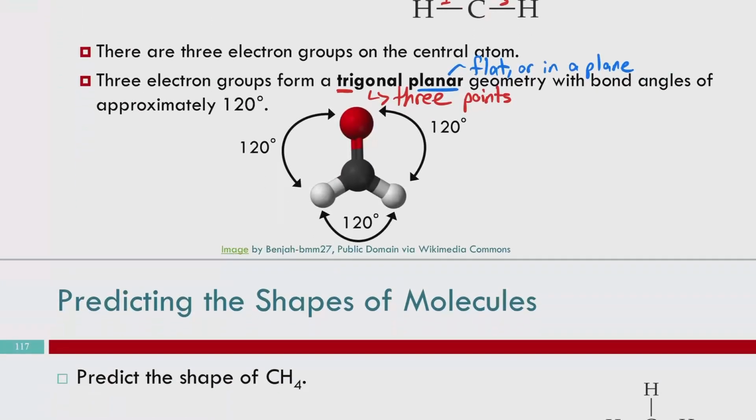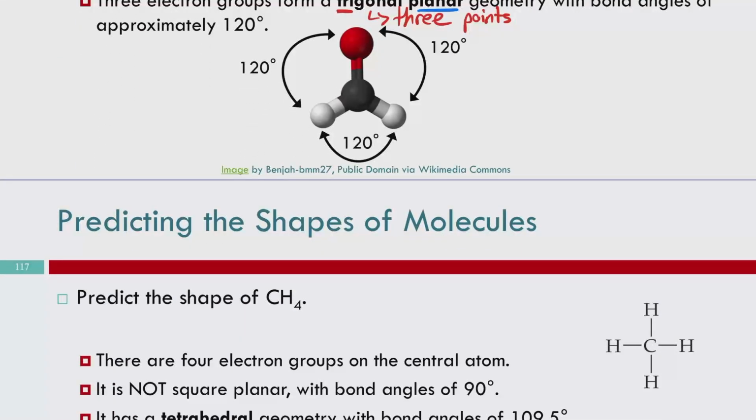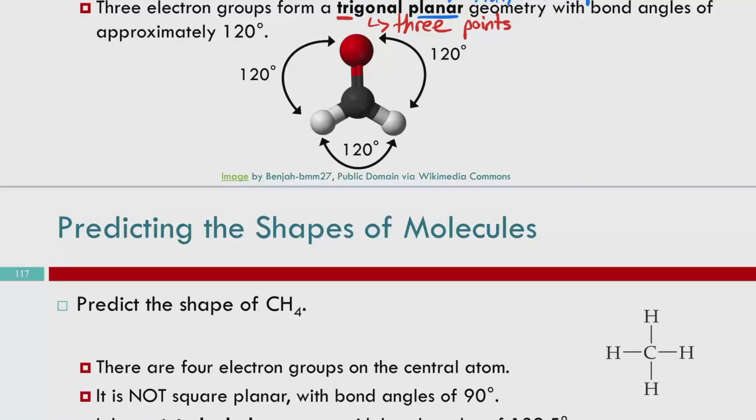Now, what happens if we add another one? So if we add another one, right, we've got carbon in the center here, and it's got 4 bonds on it. So you might expect to form this like X shape, which we would call square planar. However, we live in 3 dimensions, and so it's actually a little bit more spread out. If we take that X shape and we turn, like from the torso, 90 degrees, now the hands can get a little further away from each other because they're not all in the same plane. And so this is the